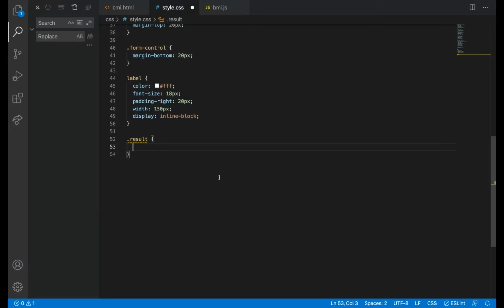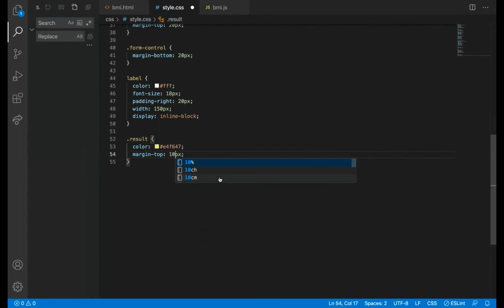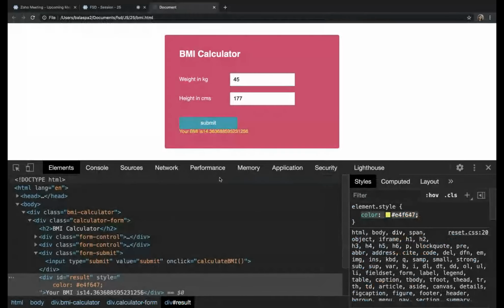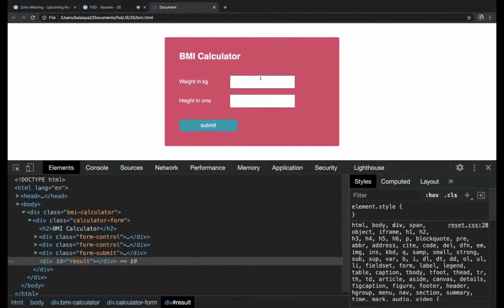And then margin top, I'm going to add 10 pixel, 20 pixel. Okay. So 56.